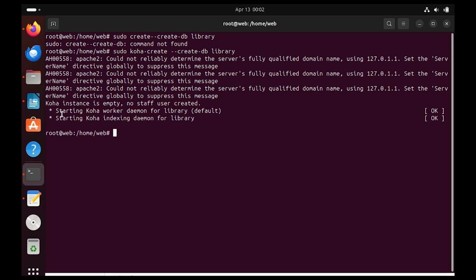So all these are not errors. The Koha instance is empty, no staff user created. So starting Koha worker daemon for library, and the default associated starting Koha indexing daemon for library is empty. So we have created our